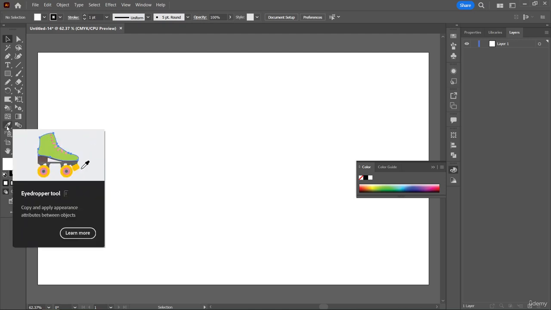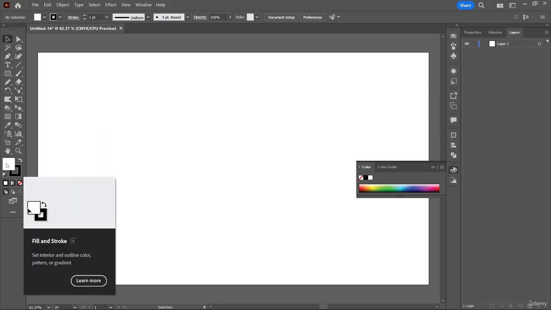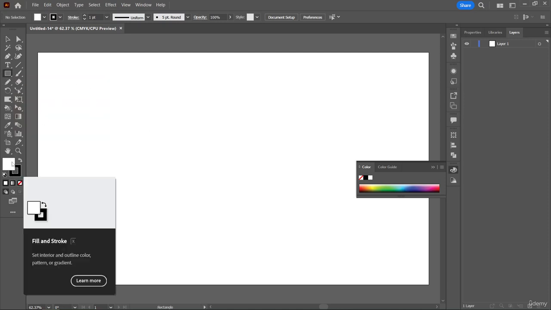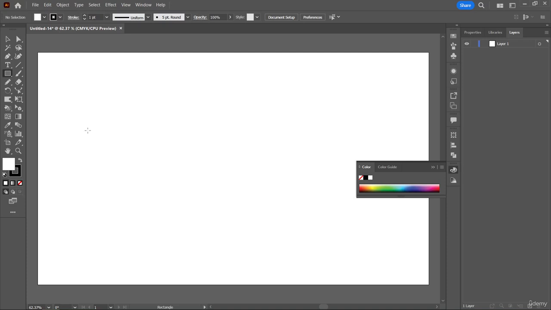The eyedropper tool is basically the tool which we use to copy some colors and paste them either on an object or just use them on our color palette. To explain what I'm trying to say, we use this to copy the color of other colors that we find good and then we use it. Now let's go ahead and